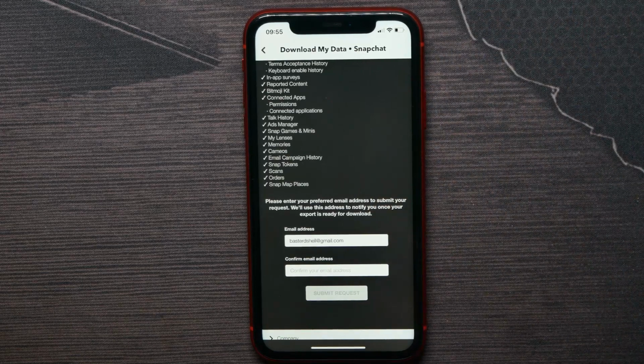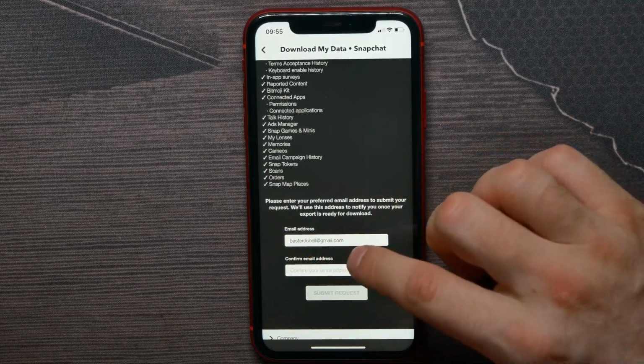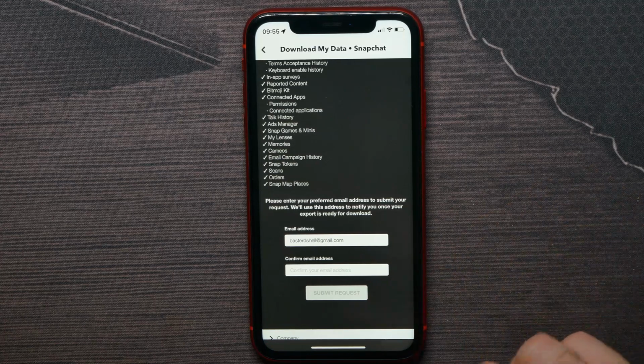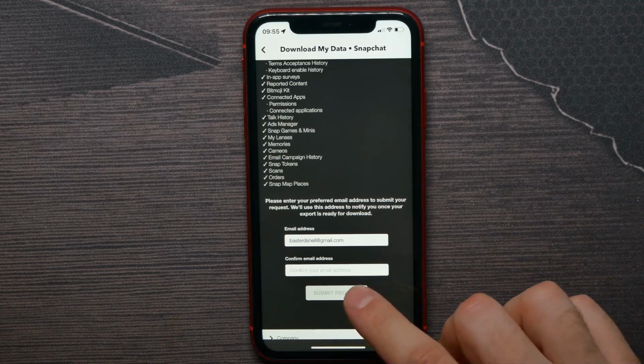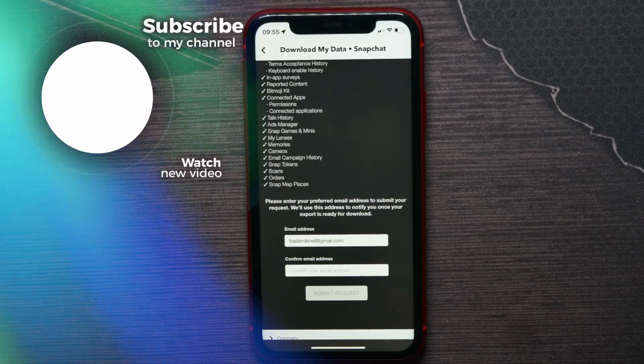And to be able to restore that data, all you have to do is enter your email address here and there, confirm that email address, and next hit here on Submit Request, and all that data will be sent to